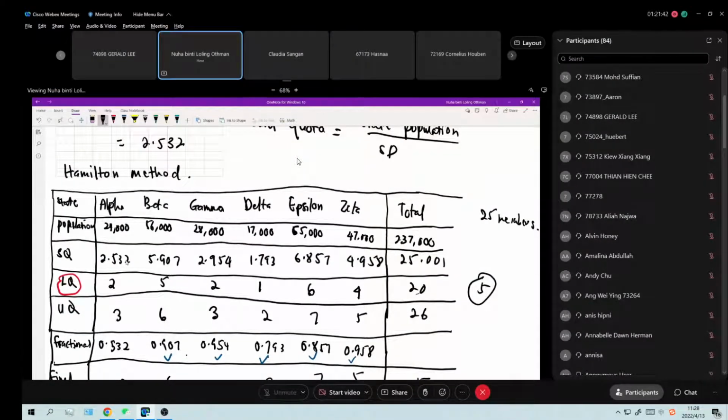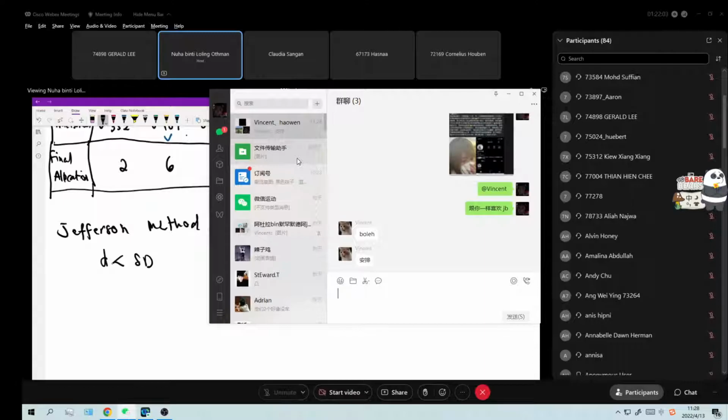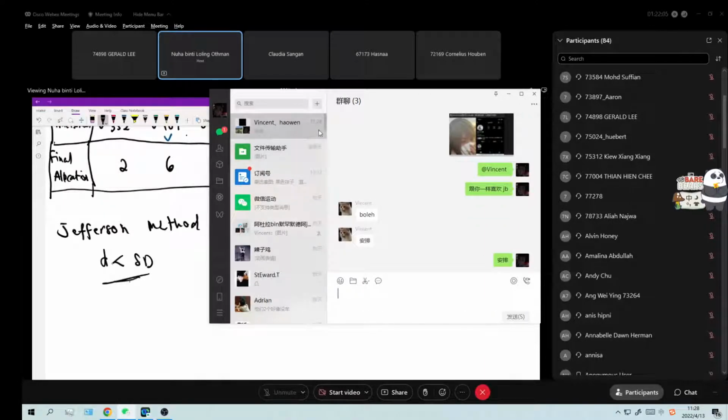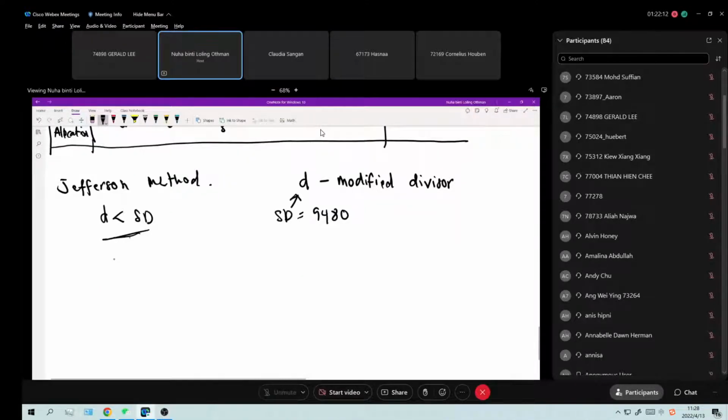Okay, what you do is, you know that the standard quota for this one is 9480. So you need to guess D. D must be less than this one, so you need to guess. For example, if you use D,